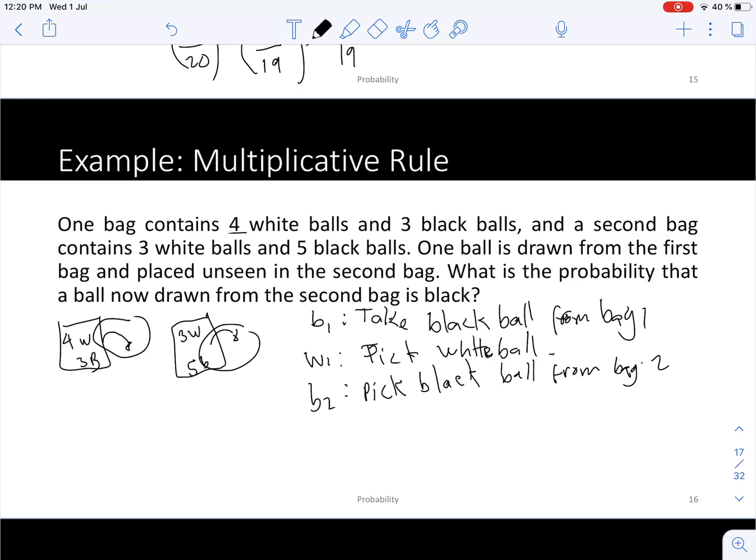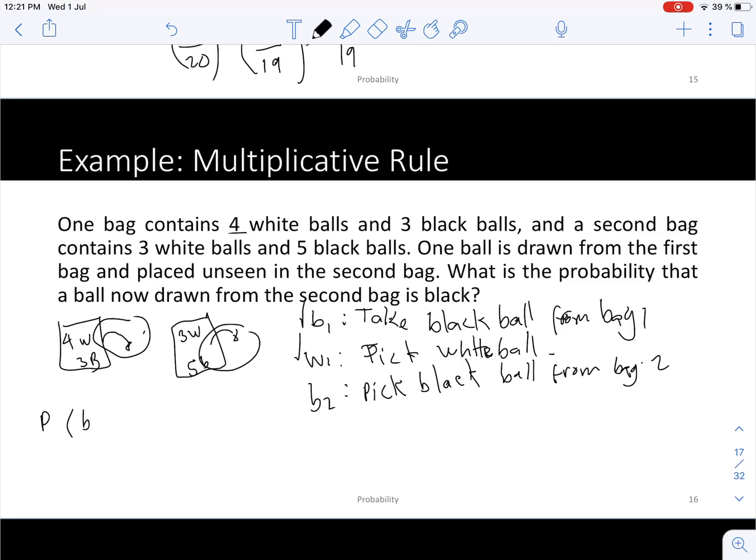Then there are 2 ways in which we can get a black ball at the end. First, in the first movement a black ball is taken, or maybe a white ball is taken. Either way the probability is going to be slightly different, so we need to account for the 2 different paths. If we want to write it down as an expression, so this will be something as that the probability